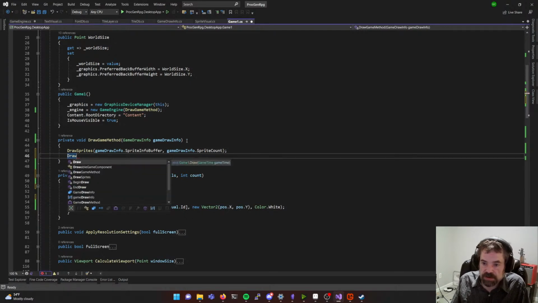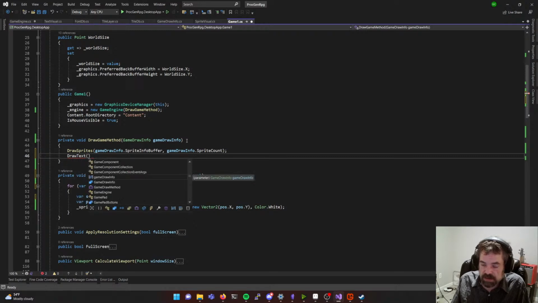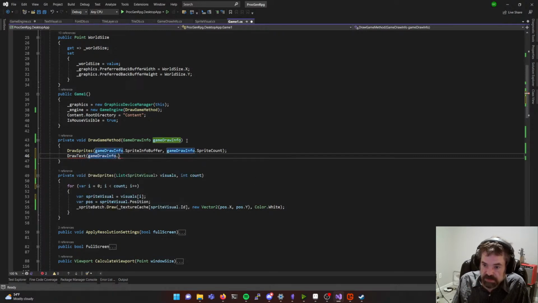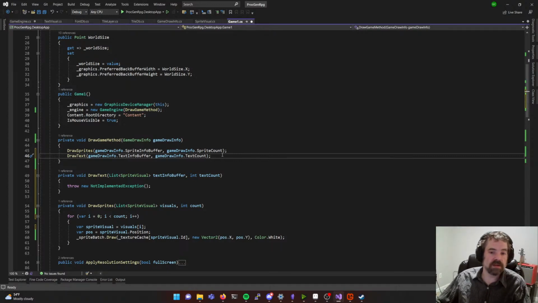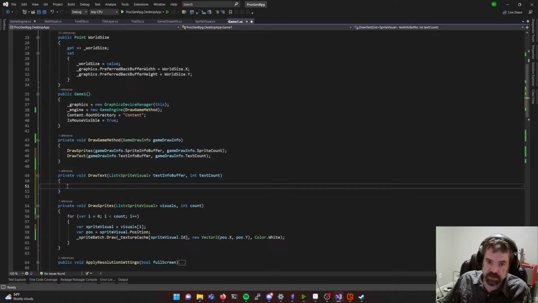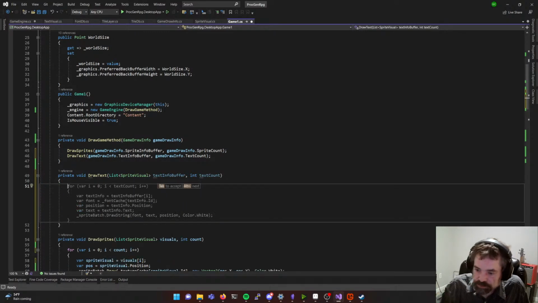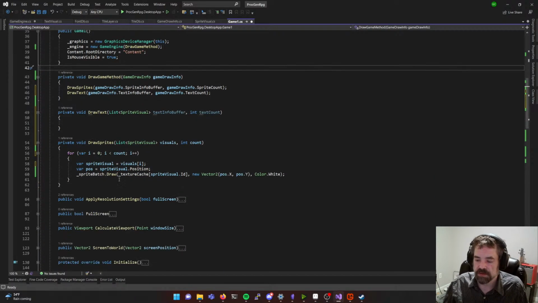Now we can do draw text. Game number go. Text on the buffer. Text count. So now the engine can keep adding more things to there, and I don't have to keep changing the signature. I just gotta keep adding more things to draw, and if I don't add things to draw, it won't break it. It's fine. I keep adding things into that, but I don't think there's a whole lot more things to draw. But anyway, okay, so we need to loop through